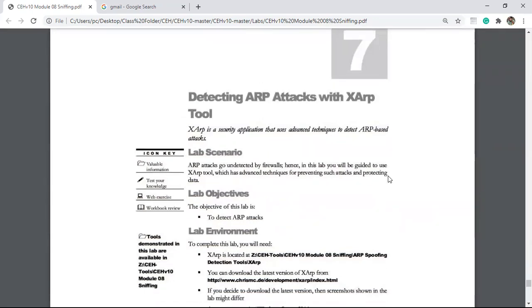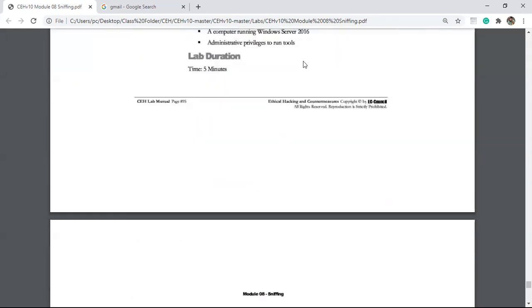Now, as we are able to find out using Wireshark that our traffic is being poisoned using ARP poisoning, the same type of thing we can also perform using the ZARP tool. ZARP is a tool which can be used for detecting ARP attacks. If someone is trying to carry out an ARP attack on your server, whether it's being poisoned or not, you can also find out here.